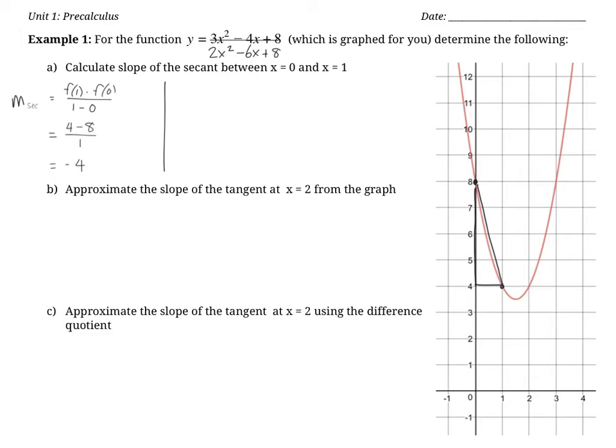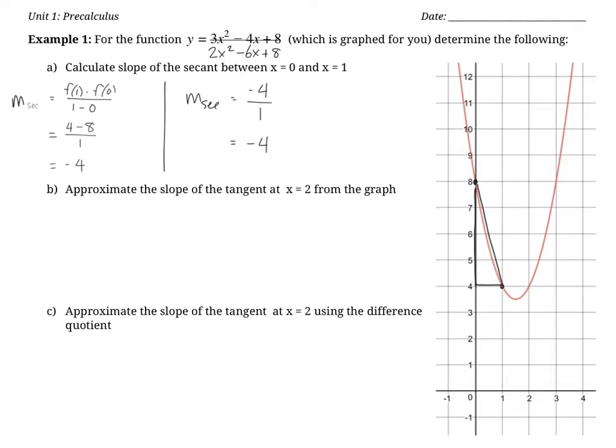Rise, and the rise is negative 4, so let me just write that. The slope of the secant we can also write as rise over run, so negative 4 over the run of 1, which also gives us a slope of negative 4. Okay? Alright, now let's look at,